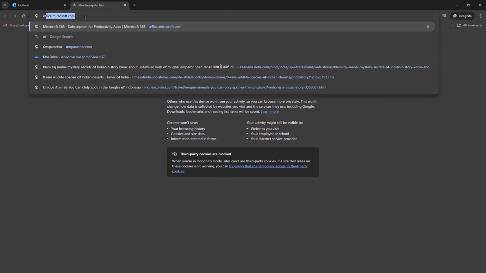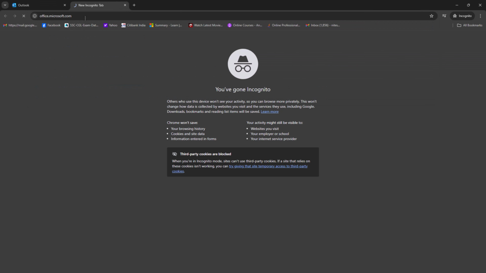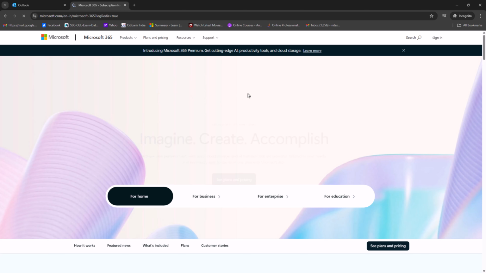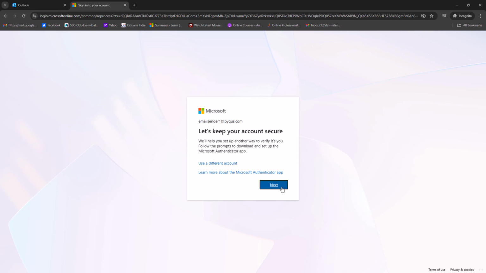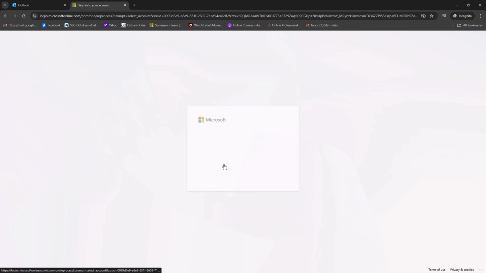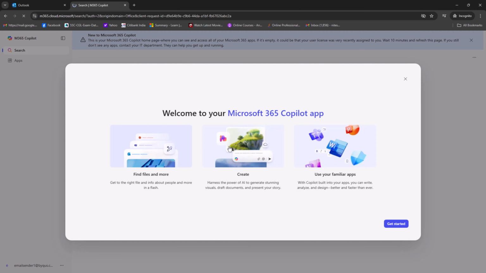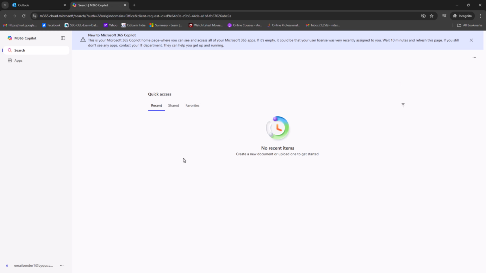So if you want to go to office.microsoft.com, it will take you, you'll click on sign in, and let us see, email sender one, and it did not ask for multi-factor authentication.